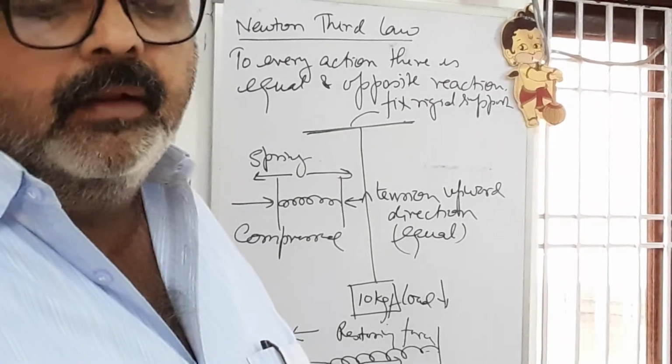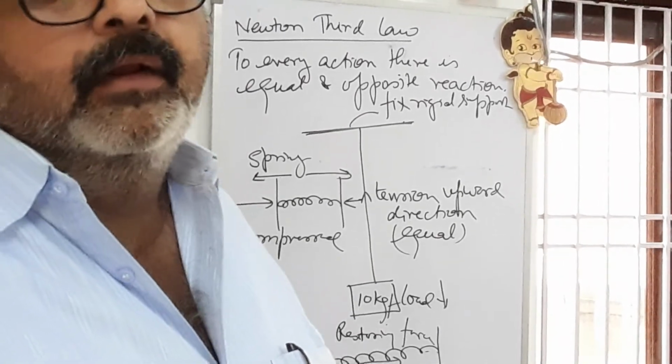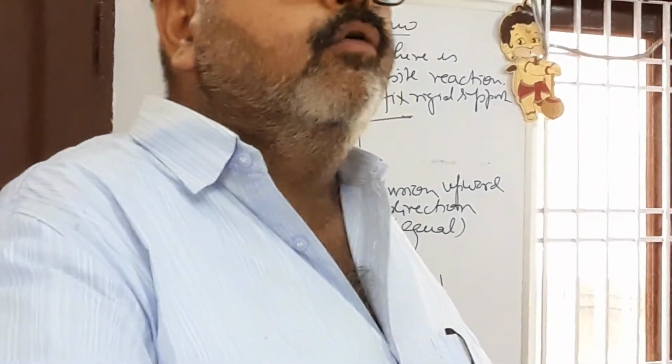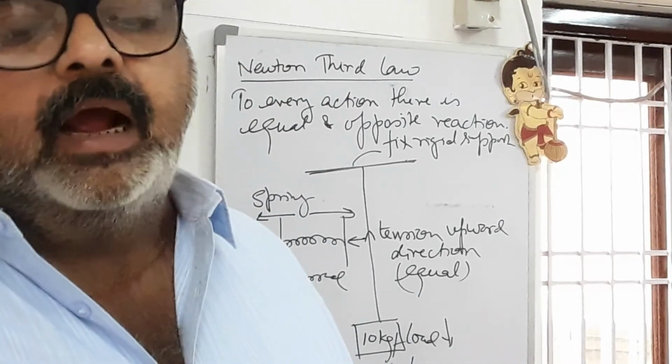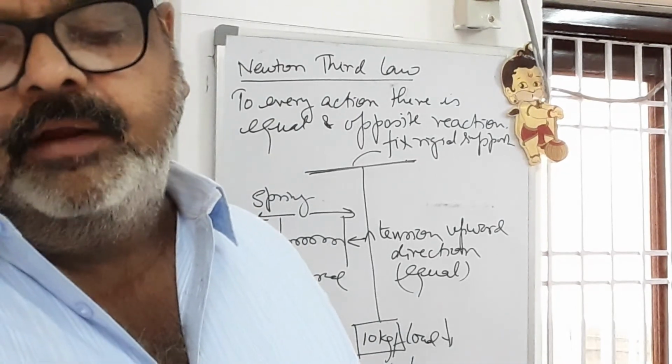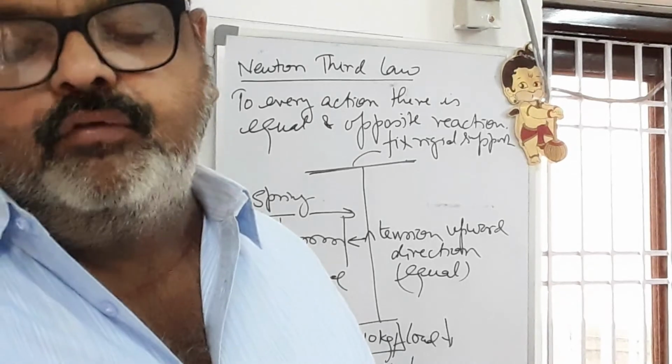Feet example, rocket example. As the rocket exhausts out back with the same speed, it moves upward in the opposite direction. Recoiling of the gun: as the bullet is fired in front, the recoil gets back with the same speed at the back. So these all are the examples. Catching the ball gives equal force in opposite direction. So till here, exercise 3D, you go through it, and if any doubt, it has given only two numericals.